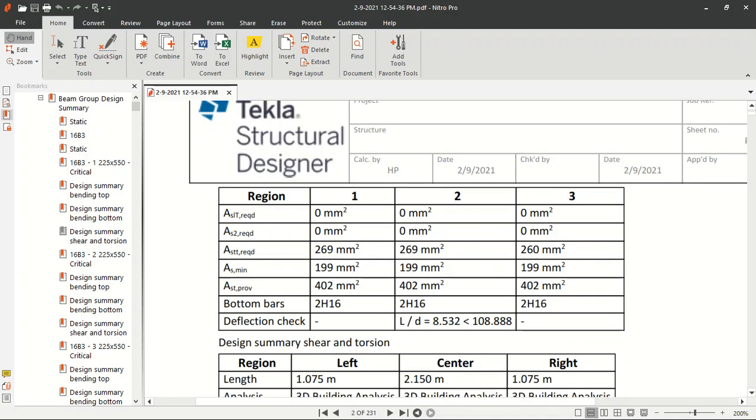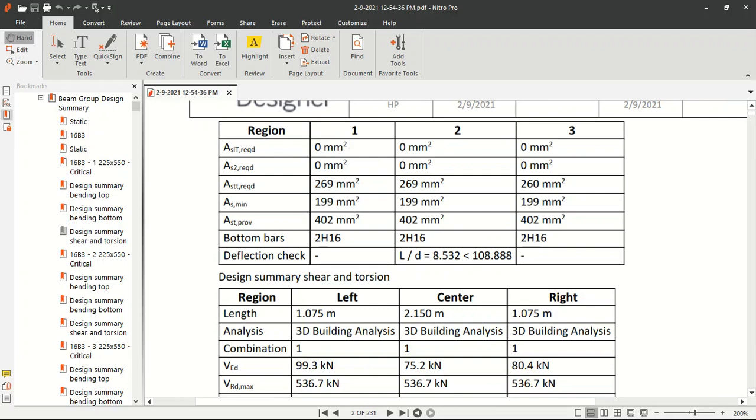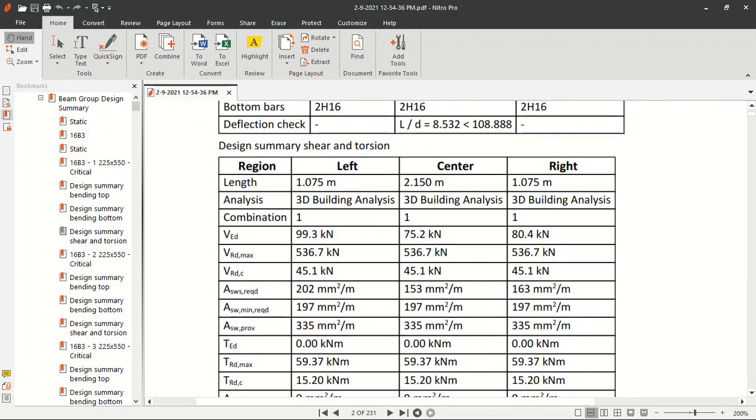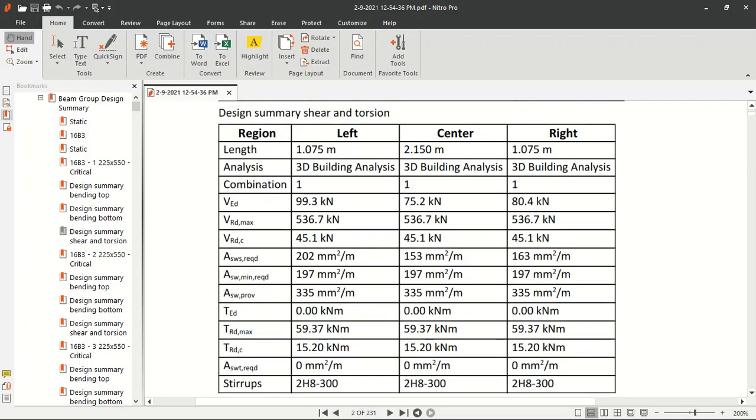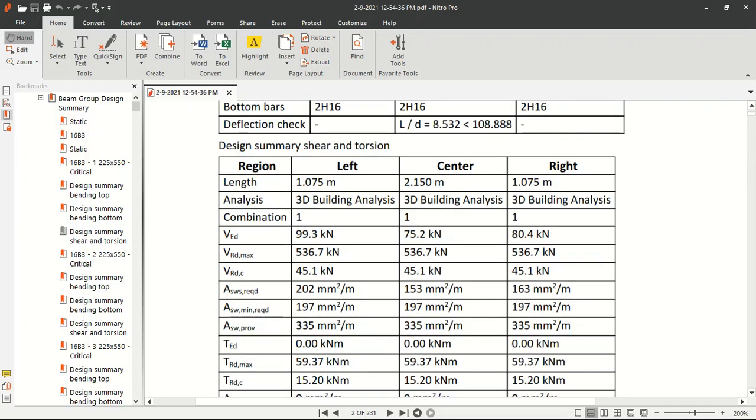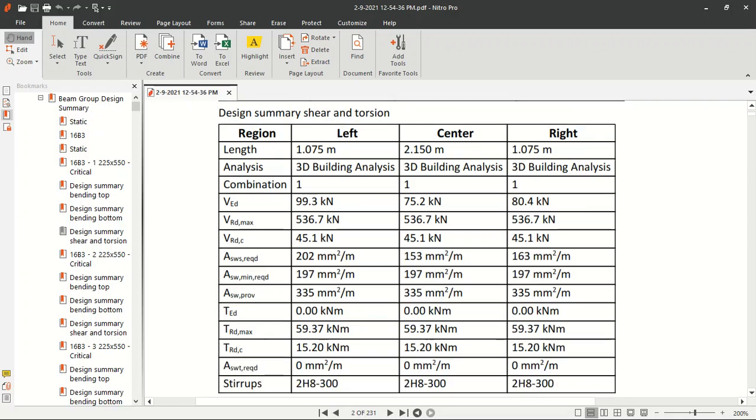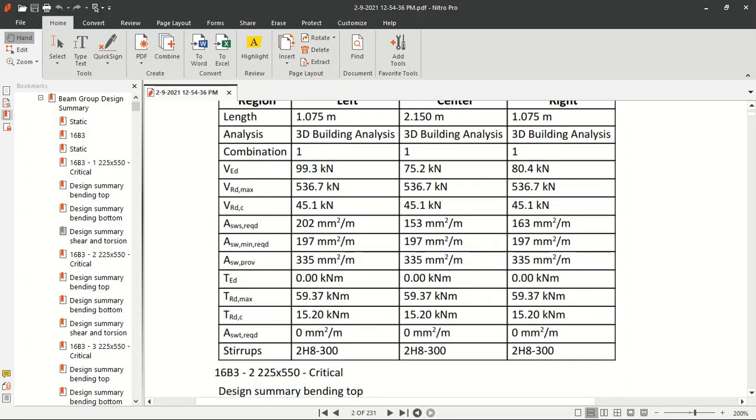Then you see the deflection check. Deflection check is passed too. Then for shear and torsion, I don't think I have any issues with torsion because it's cast alongside with slab. So there won't be need for any torsion because there's no room for rotation. But you can also check out the shear for the member, the minimum shear required, and you can also see